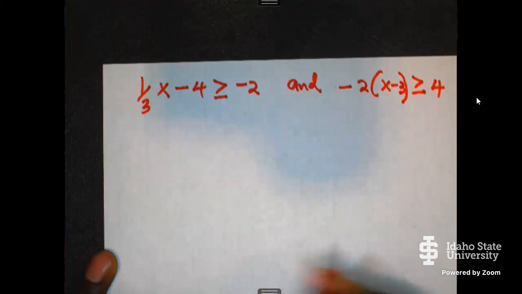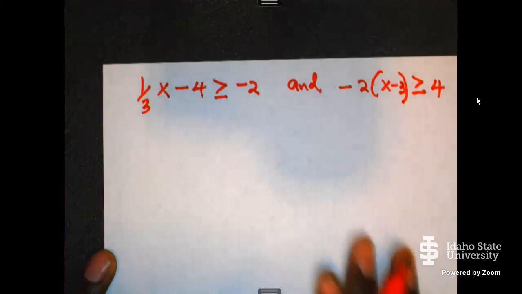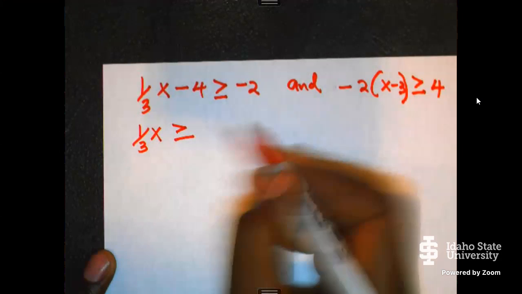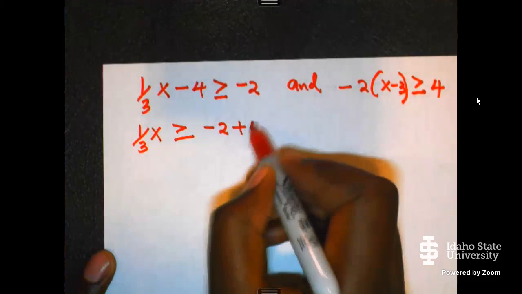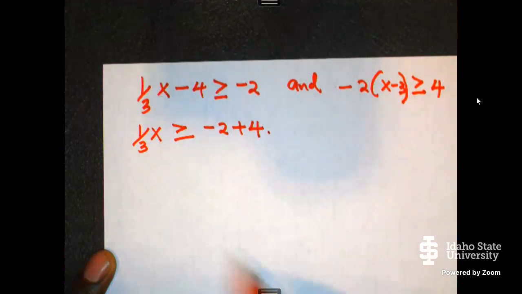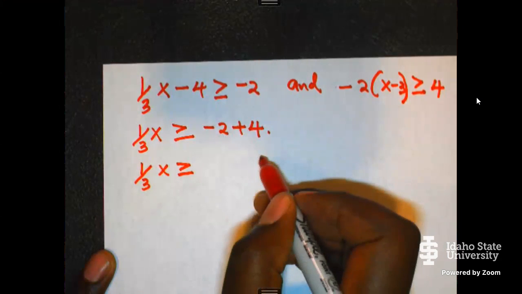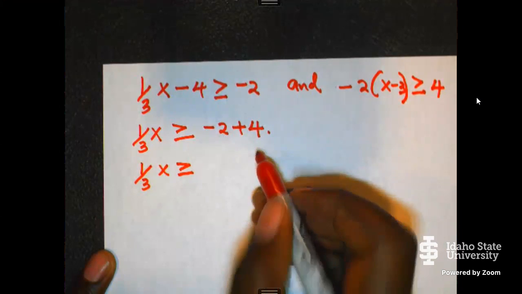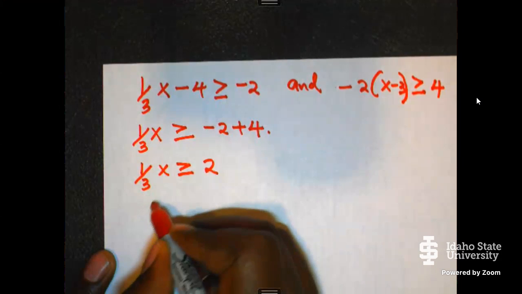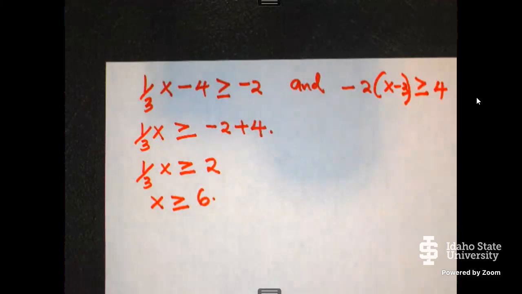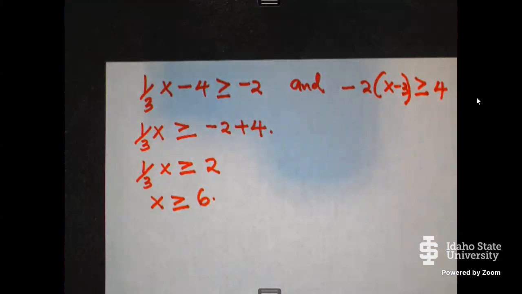Okay, let's solve this. So we take minus 4 to the other side. So 1/3x is greater or equals to minus 2 plus what? Plus 4. So 1/3x greater or equals to what? So minus 2 plus 4 is what? 2. So x is greater or equals to what? 6, right? So we multiply 2 by 3/1, the reciprocal of that. Okay,